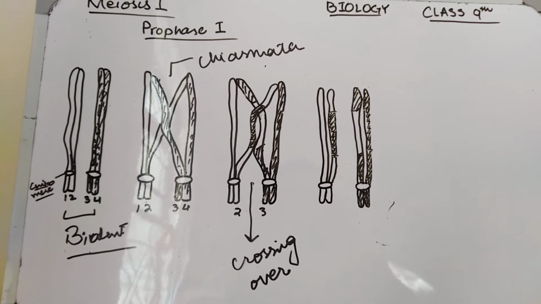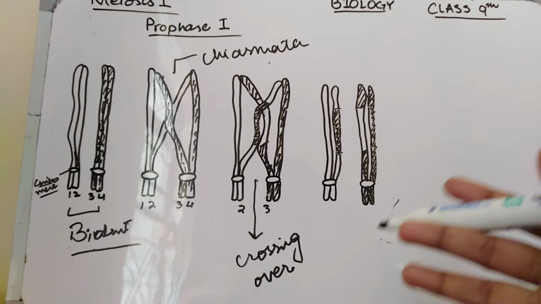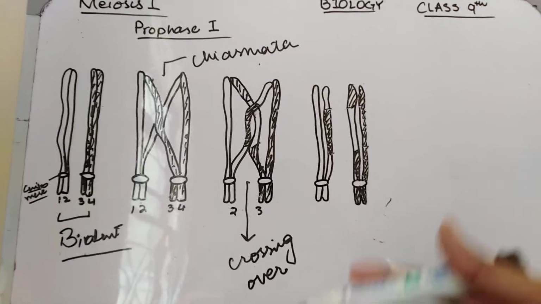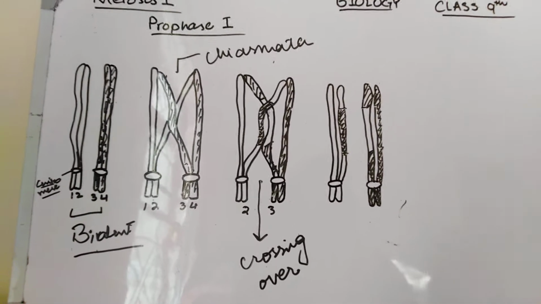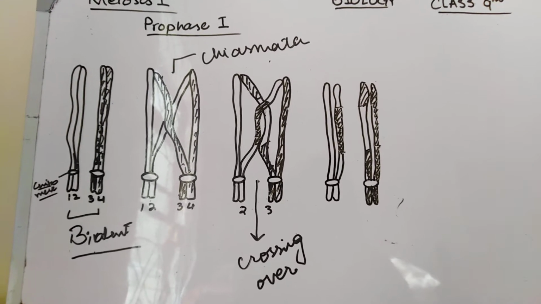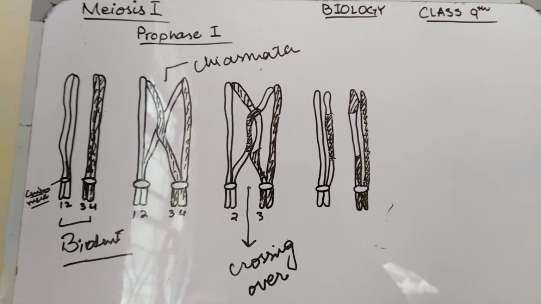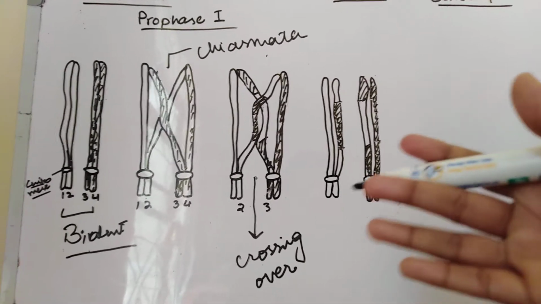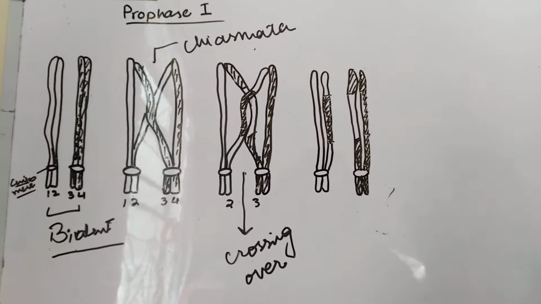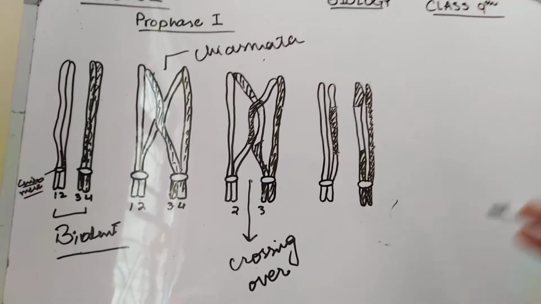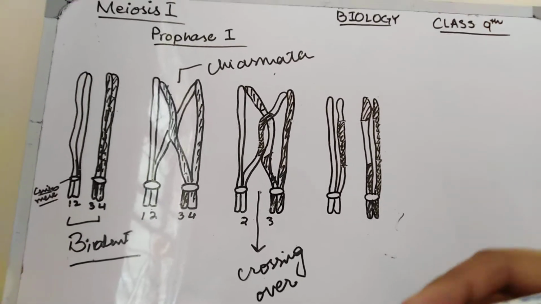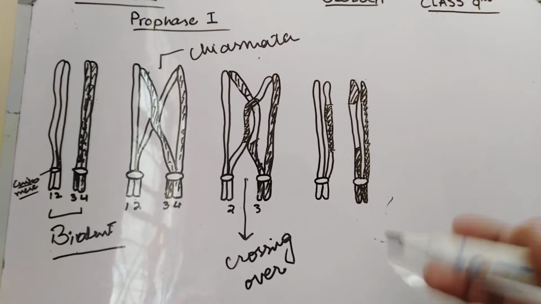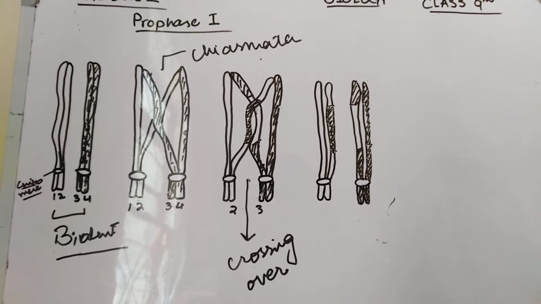So beta, this was the step which was totally different from mitosis, but the next steps will be similar to mitosis. After this genetic recombination, the next steps are the same, known as metaphase, anaphase and telophase, which we have already studied in mitosis. Now I'm going to explain all of this.